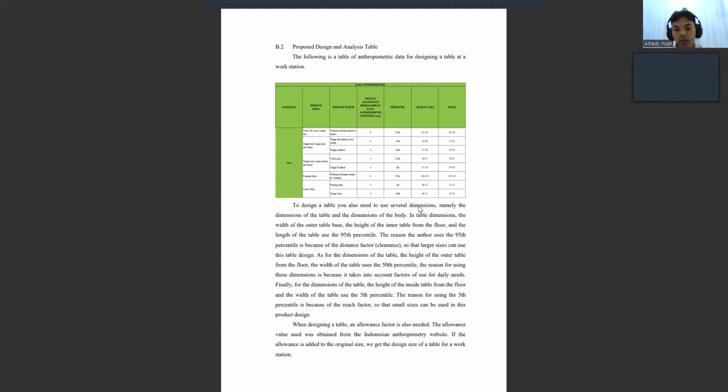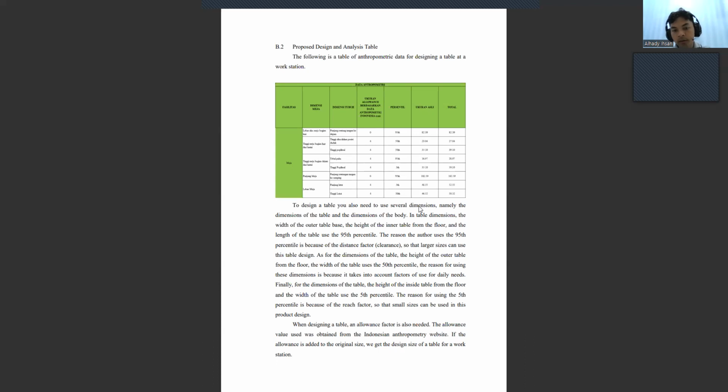The reason the author used the 95th percentile is because of the distance factor, so that larger sizes can use this table design. As for the dimension of the table, the height of the outer table from the floor and the width of the table use the